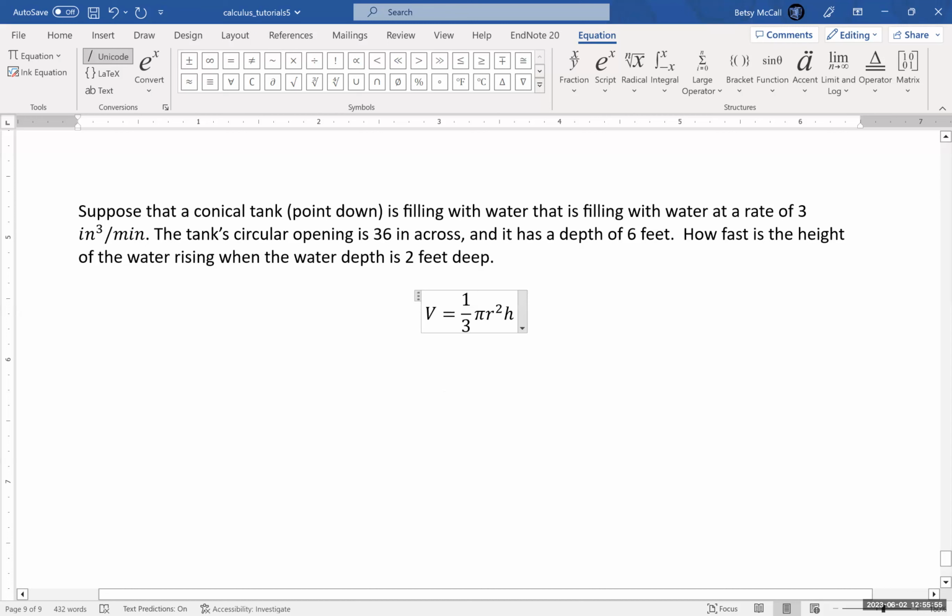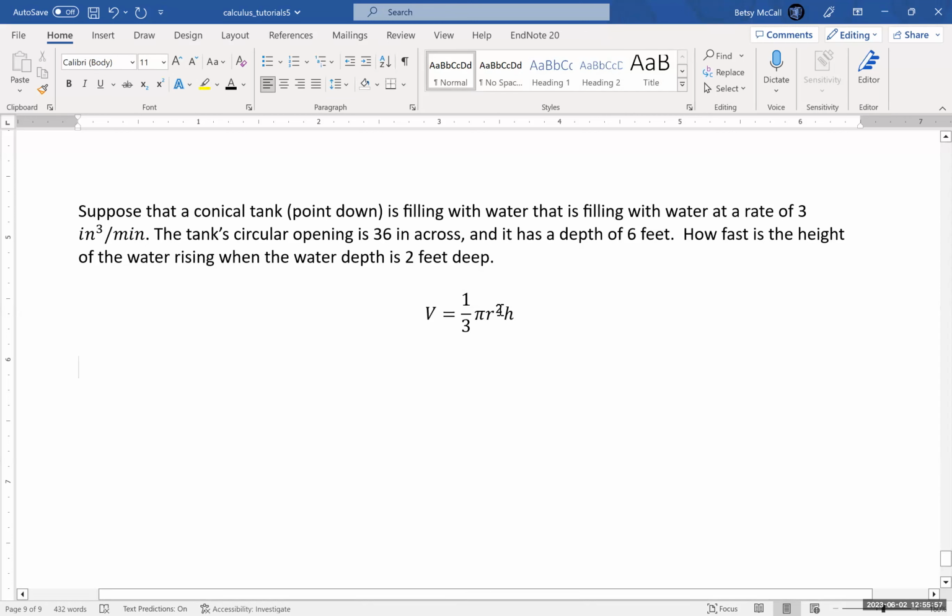So it already has 3 variables in it, but we're only given the one rate of change. We're given the rate of change of the volume in this case. So we're going to have to find a relationship between r squared and h,